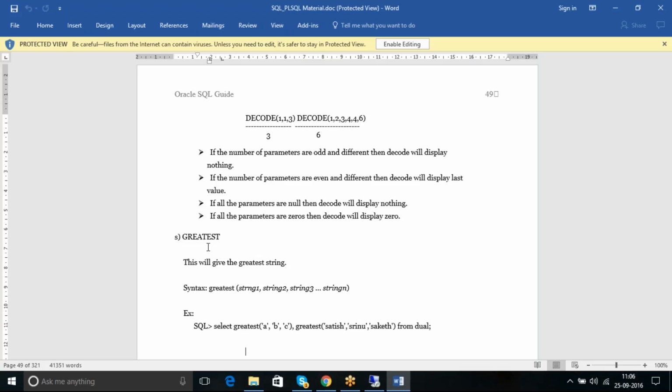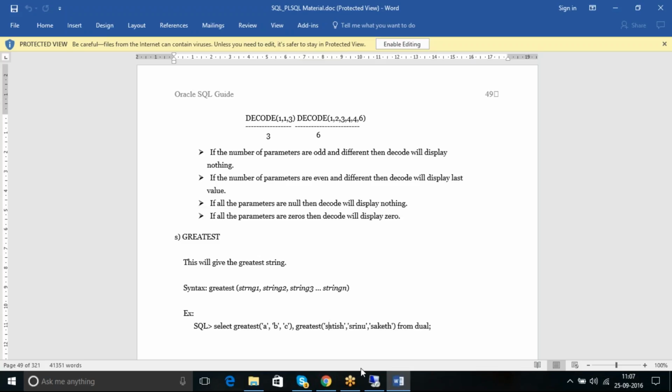Now greatest of Saket and Srinu and Satish. Tell me, of these three names, which is the greatest? First check the first letters, all the same.